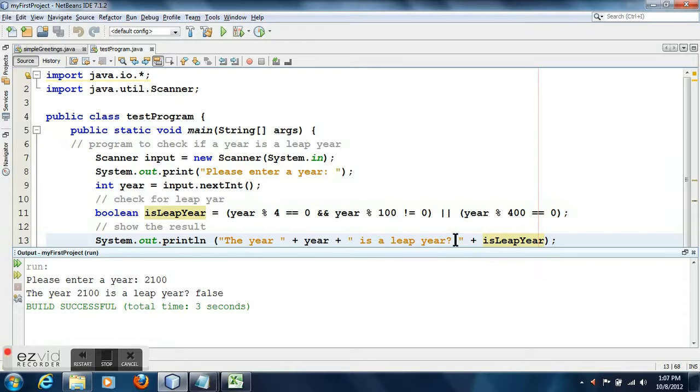So watch carefully how I check the condition. First I declare a variable of Boolean type. I check the condition, and depending upon whether this condition is met or not met, the Boolean variable is set to true or false. So please watch it carefully. If necessary, you pause the video, use your pen and pencil and work out for yourself how this value is being set.